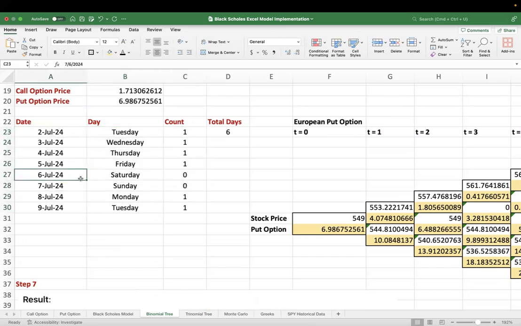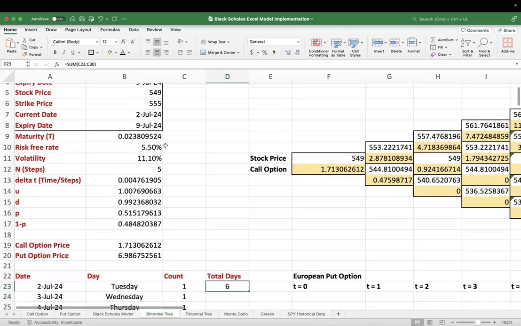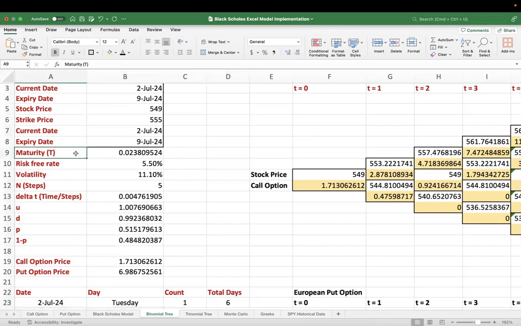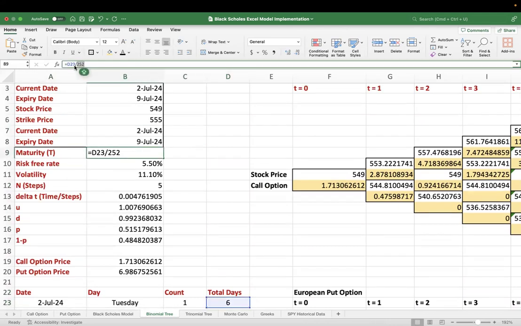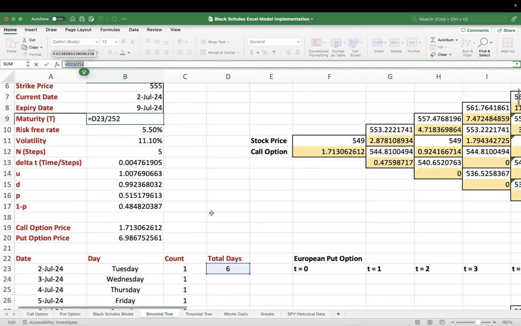For Saturdays and Sundays, I've put 0 because there are no trading activities on Saturdays and Sundays. Otherwise, the number of days that we see is 6. So there are 6 trading days between these two dates. So T is what? 6 by 252. What I've done is I've taken 6, which is the total number of days, divided by